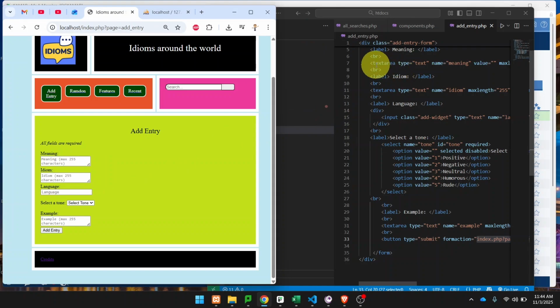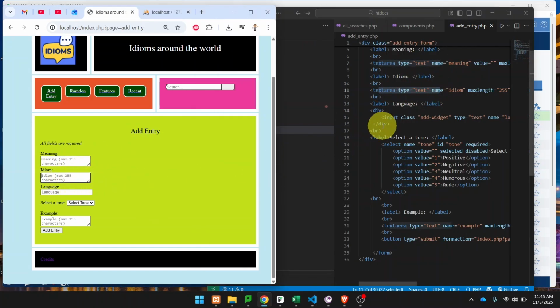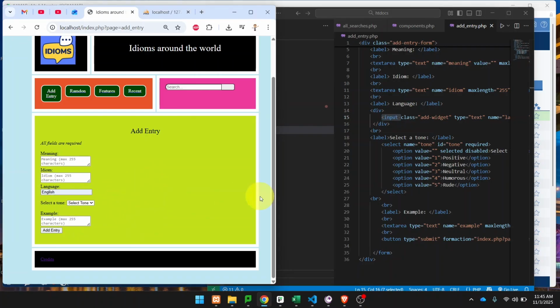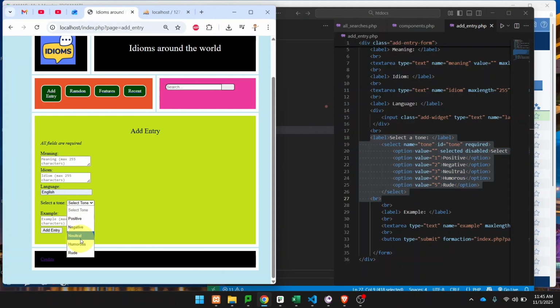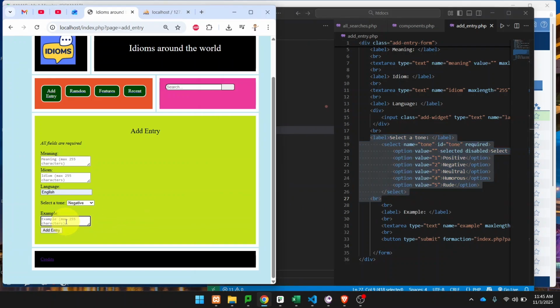As you notice, the text area for the meaning is going to be this part. Text area for the idiom is going to be this one. The language is going to be just a simple box that we can complete, and the form is going to be this part. For the drop-down button, you can select any of them. Every time that I click on one of them, negative, what they are gonna send is the number 2. And finally, we can add one example. At this point, it's not working because we haven't added the remaining coding. We are gonna add the